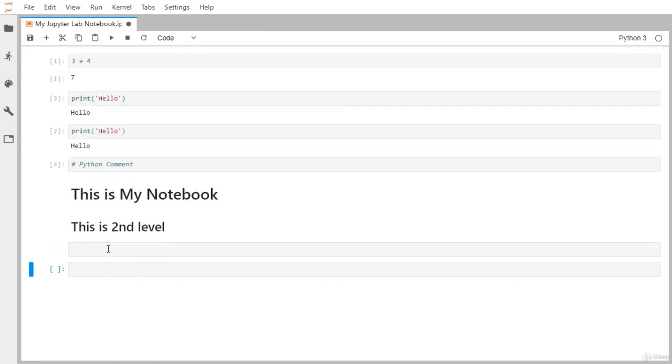Okay, so you can explore different shortcut buttons yourself, and if you are already familiar with this kind of UI, you are already aware of those shortcuts. My idea here is just to give you a basic overview of how to walk through and how to use this JupyterLab notebook. We are going to use this JupyterLab notebook throughout this whole course.